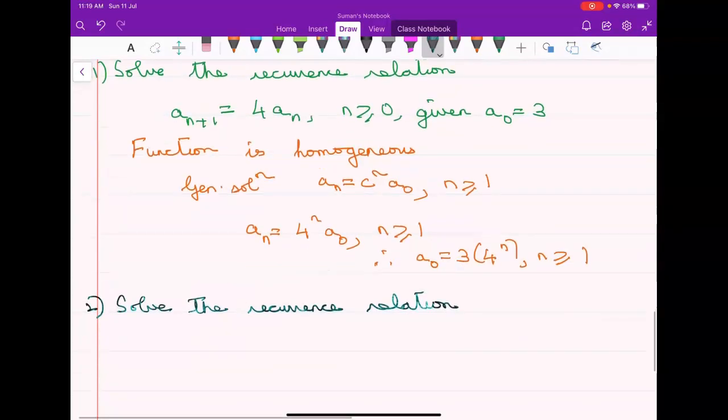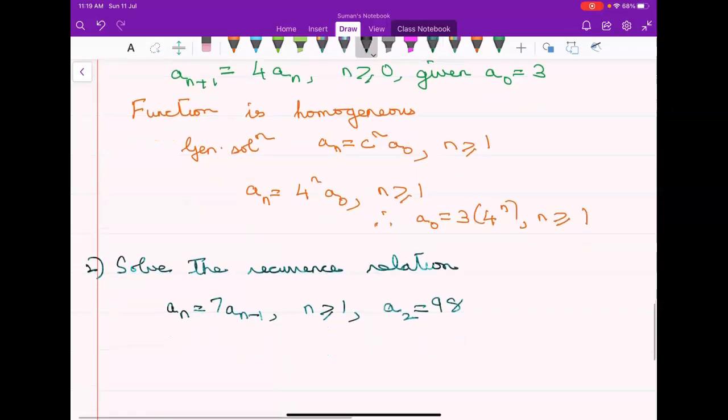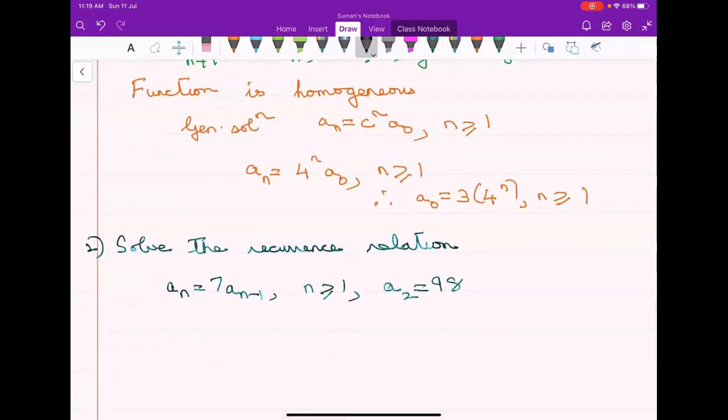Solve the recurrence relation a_n = 7a_{n-1}, where n is greater than or equal to 1 and a_2 = 98. So again I would take a different ink to write the solution. You know that, so we generally start with a_{n+1}, so we will write this as,